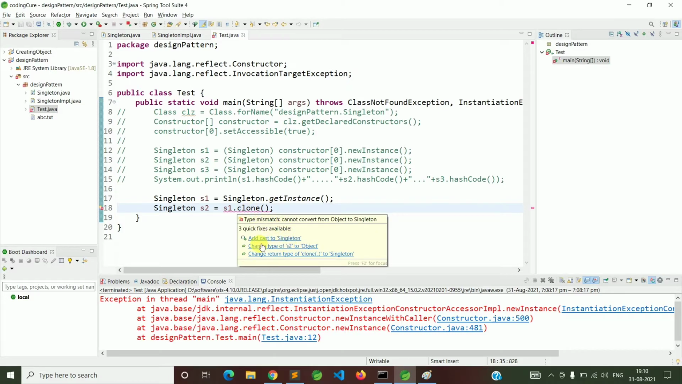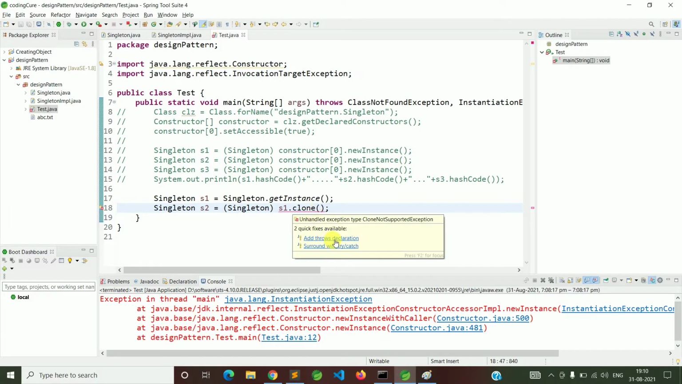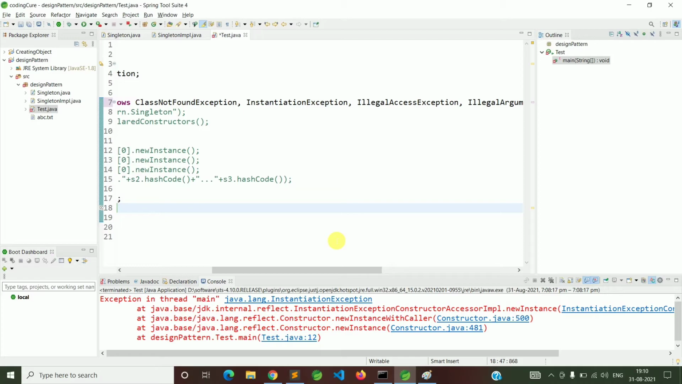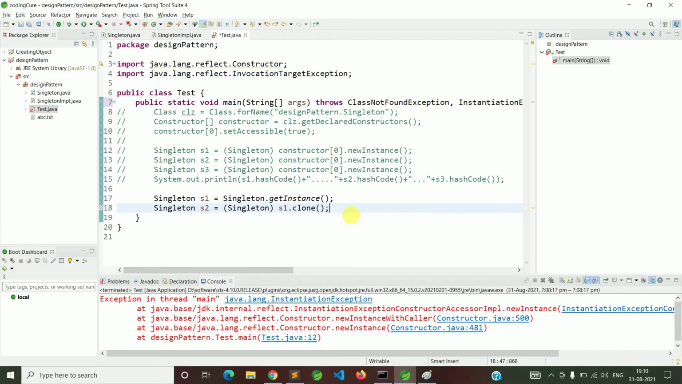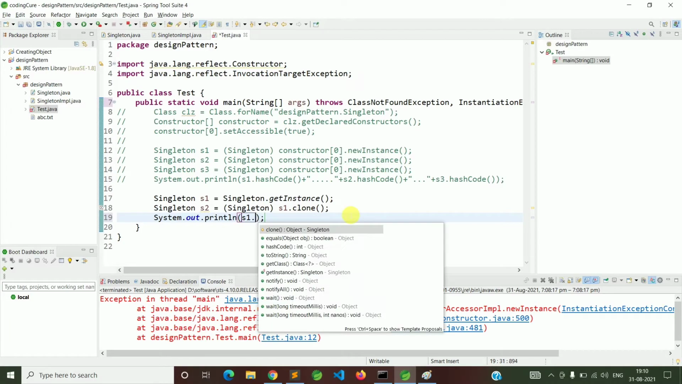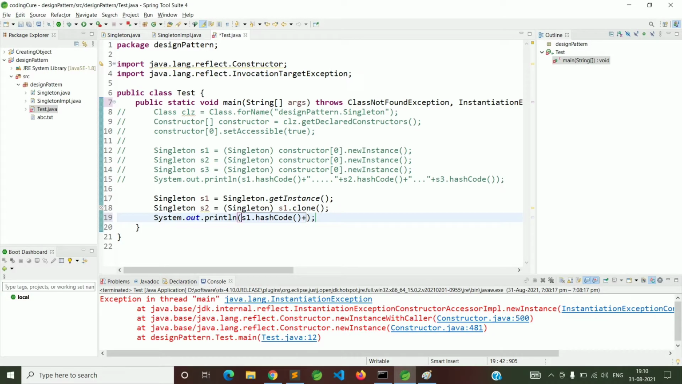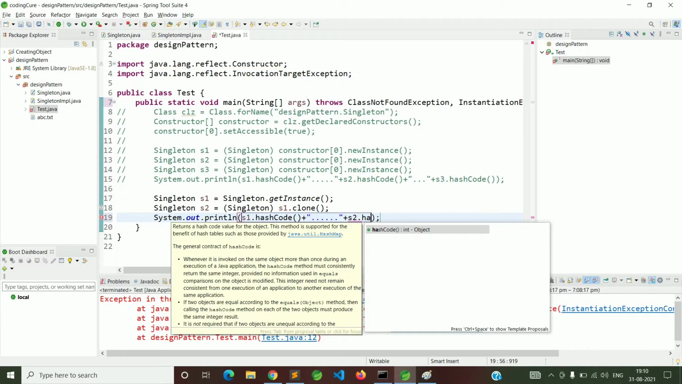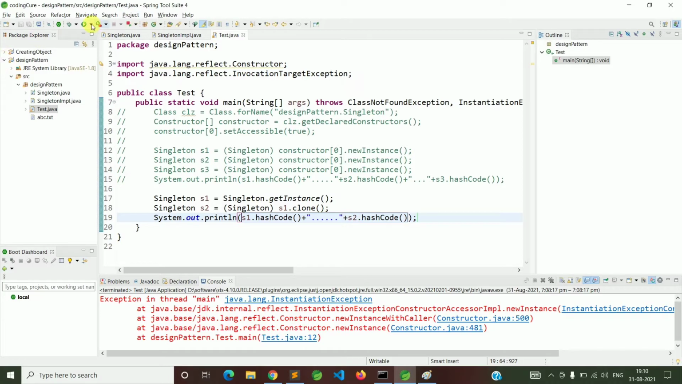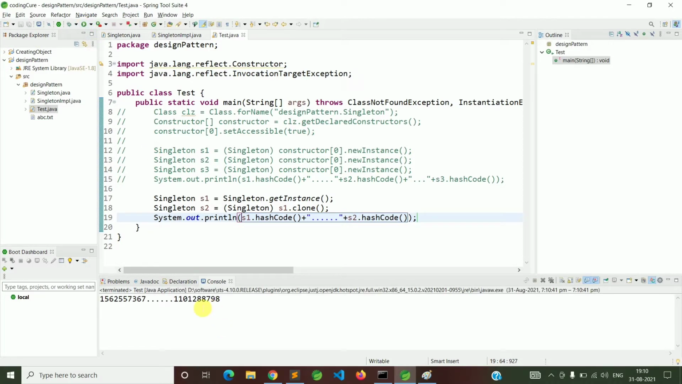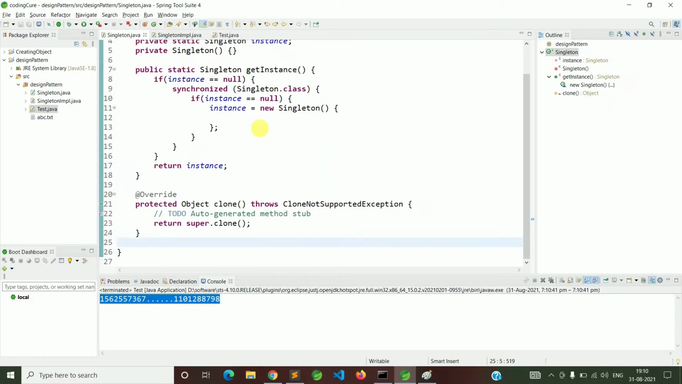Now this time add a cast to Singleton. Okay, now it throws the exception, CloneNotSupportedException. See, now sysout s1.hashCode plus s2.hashCode. Now see the output. See, now two different objects are created, right? First of all,